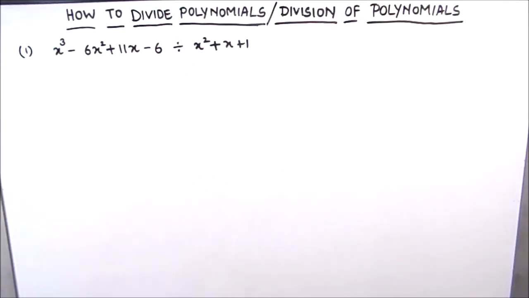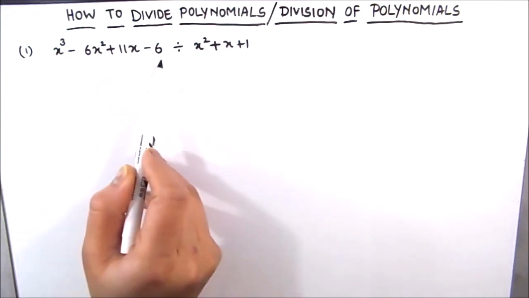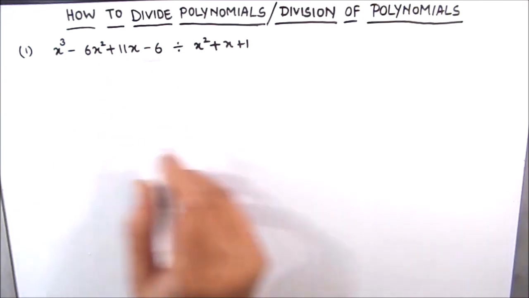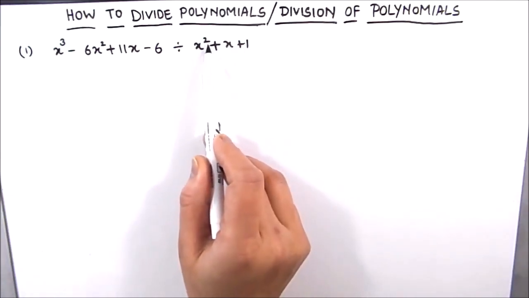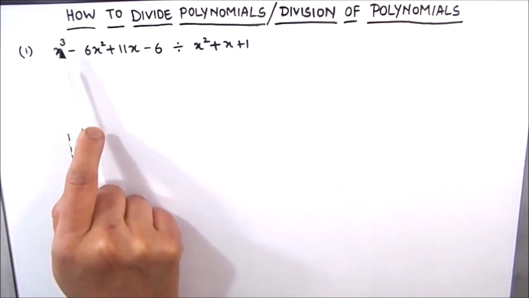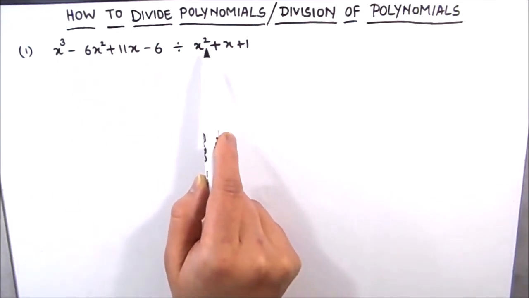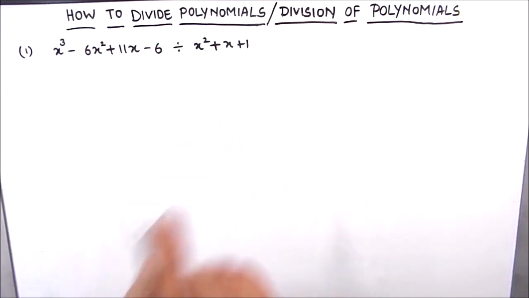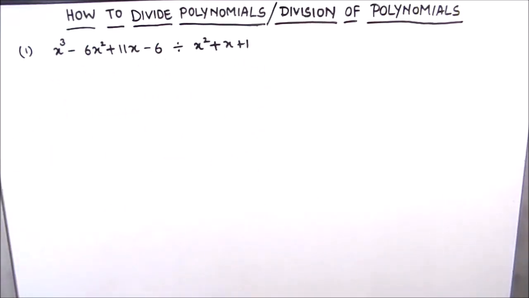of their degrees. You must be knowing that the degree of the polynomial is the highest power of the polynomial. So here for this polynomial the degree is 3, and for this polynomial the degree is 2. The highest power is called the degree. Here we have 3, 2, 1. Similarly for the second polynomial it is 2, 1. So we have to first arrange the polynomial in the decreasing order of their degree.